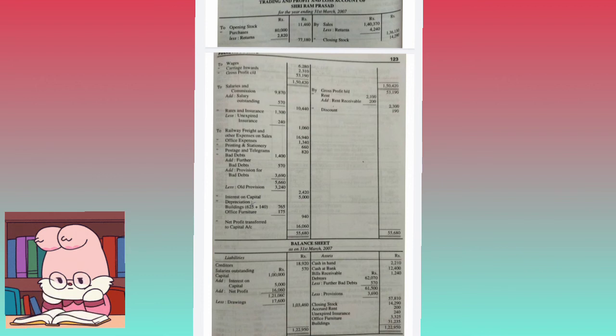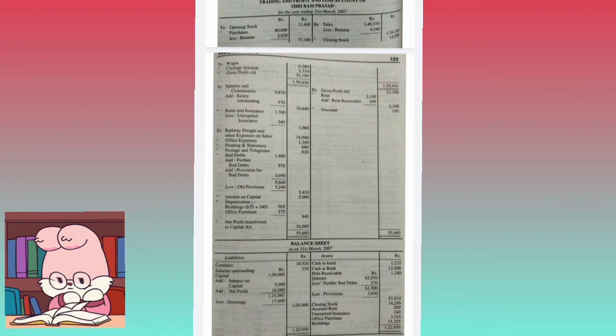Okay, rent credit, that is 2,100, we are having rent on the credit side of the P&L account, so take it to the credit side of the P&L account 2,100, and we are having adjustment, that is rent receivable, it is nothing but accrued income, so add this 200 to the rent income on the credit side of the P&L and take this to the asset side of the balance sheet.